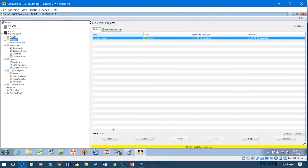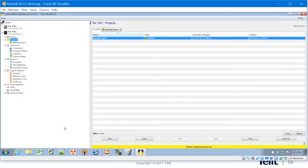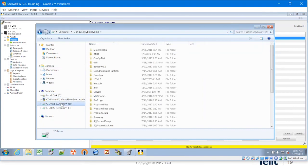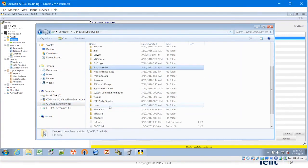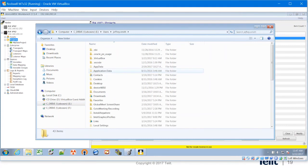Okay. Let me first move the stuff. I was going to show you another great feature of DeviceWise, and that is the ability to import and export. So when you create something, it's very easy to export it from DeviceWise, make a quick change to it and then import it. So you can literally duplicate things over and over and over. So I need to go into my desktop where I was storing all of that stuff that I was going to show you